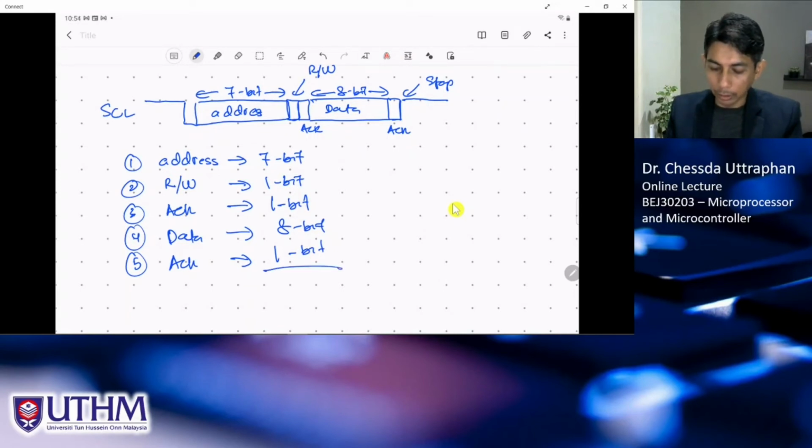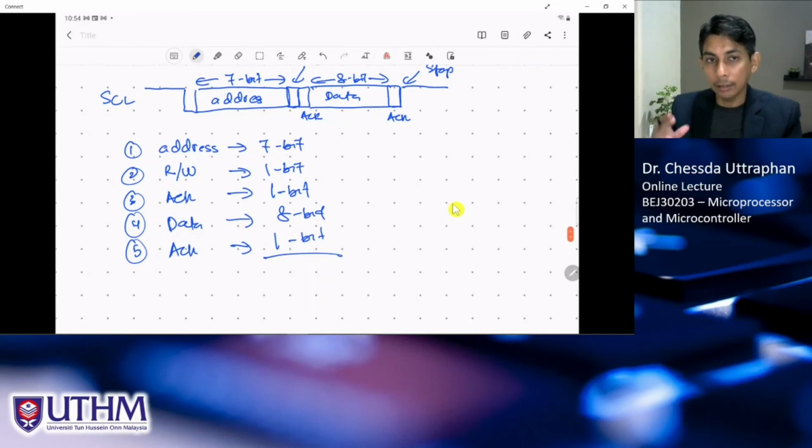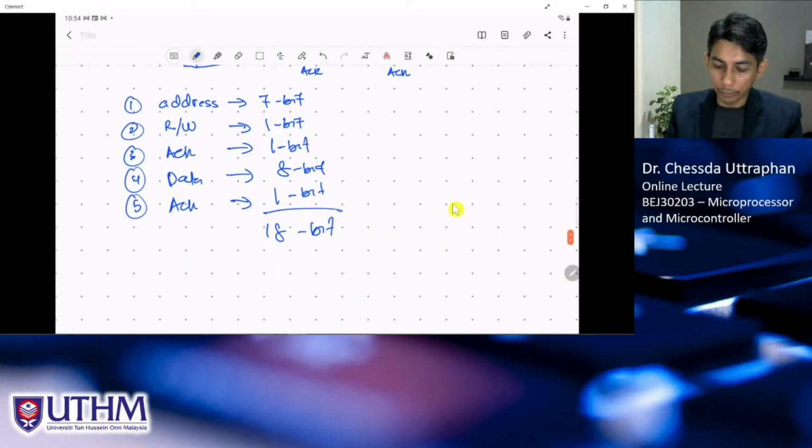So how many bits do we need to send for 1 byte of data? So this is 18 bits, right? 18 bits, and of course, because we use the same clock frequency,